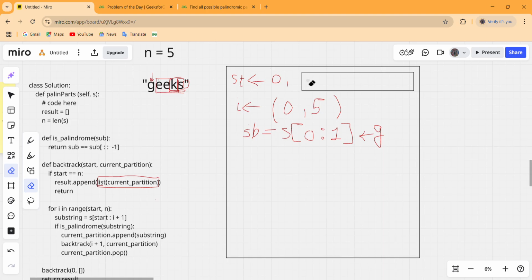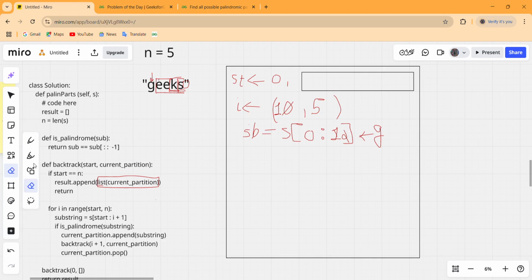So let us pop out this G, and after popping out this G from the current partition, our I is incremented, and when our I is incremented, the value is now from 1 to 5. So now our SB will receive values from 1 to I plus 1, that means 2,